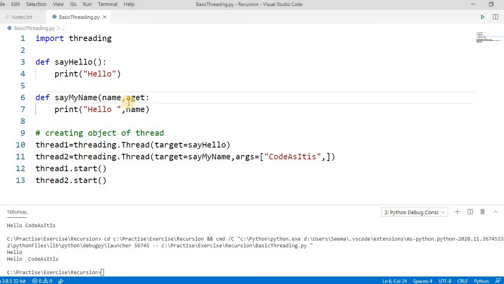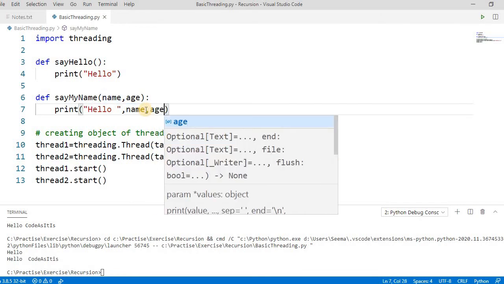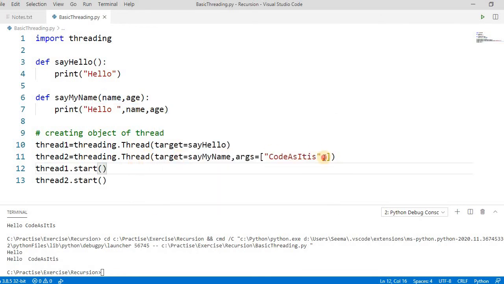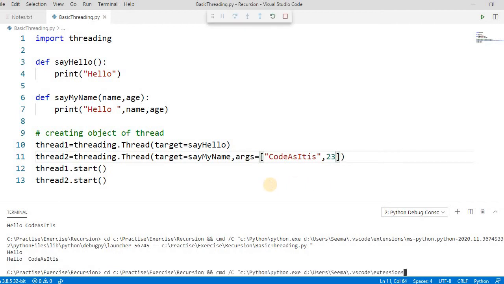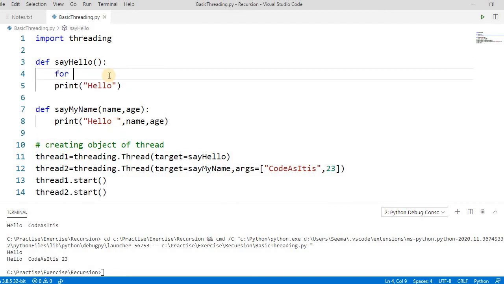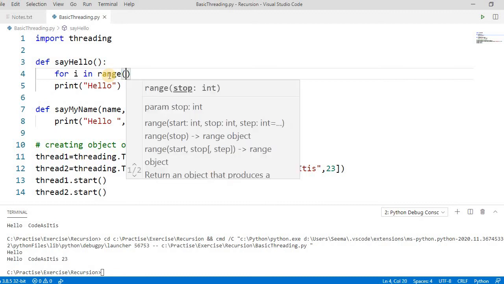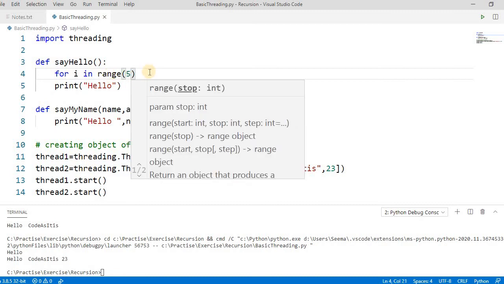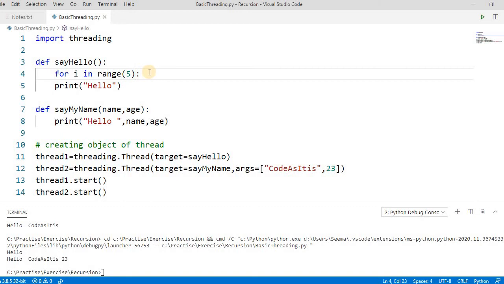So let's take one more, like name and age. See, and then here also we have to pass something like 23. If you run this, see here, it's passing, right? Okay, let's try to loop it 5 times this and 5 times this, and let's try to understand how it works. So for i in range, we take 5 times. Okay, and then we have to align this.